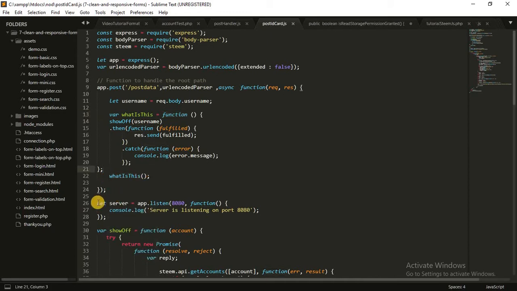Now lastly, we set the server to listen on port 8080, and once the server is listening on port 8080, meaning that all the code has been checked and is correctly written, we'll print on the console that server is listening on port 8080. Please take note of this 8080, and you have to take note of this slash post data. This is very important: port 8080